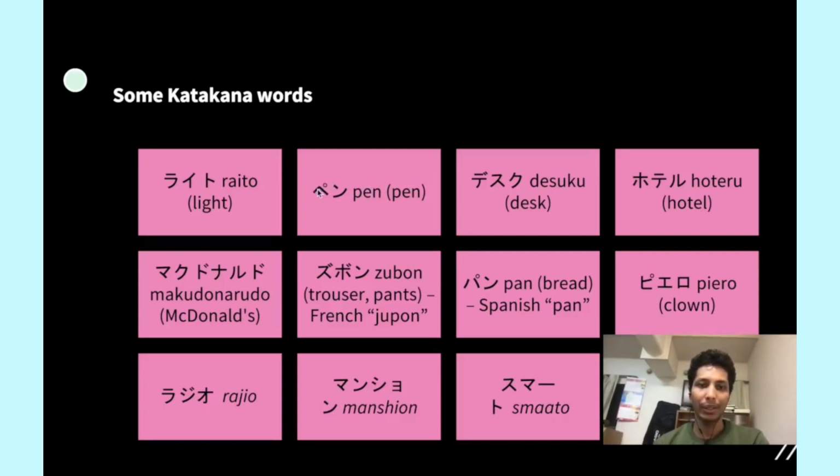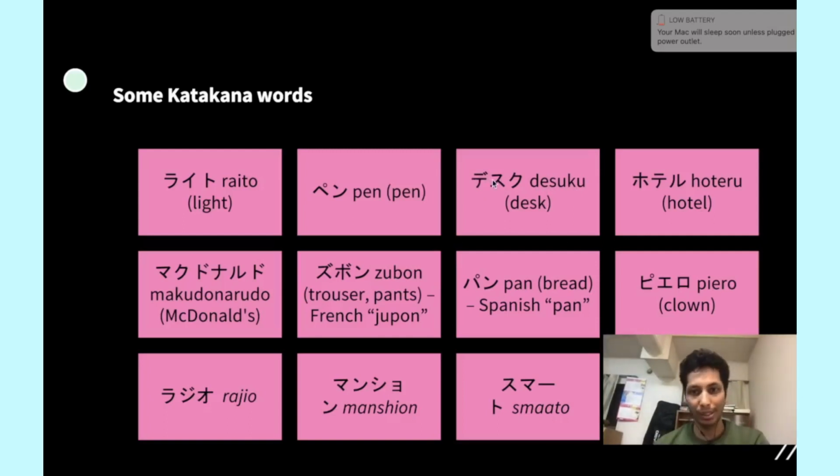This is pe, it was he, right, and then put a circle, it becomes pe. So pen, this is the sound, right. Similar to this, this is desuku, this is de, or you can say de, but with a mark we can change it. Desuku, desk. For desk we say desuku. It's funny, but yeah. Okay, for hotel we say hoteru.